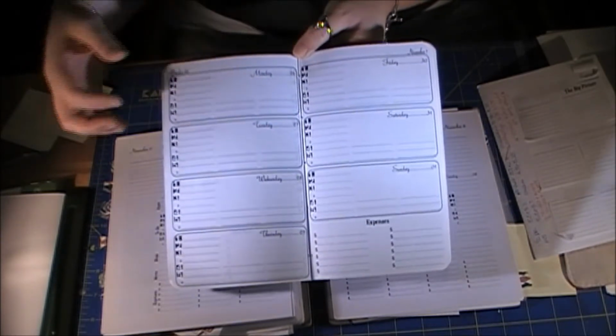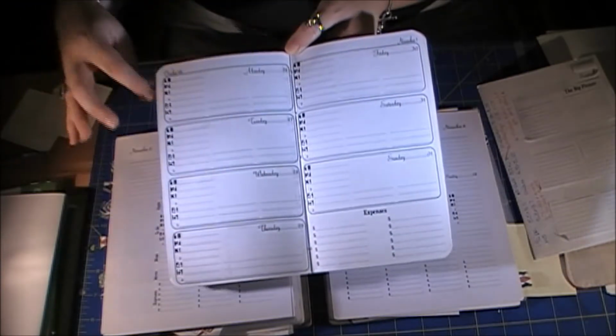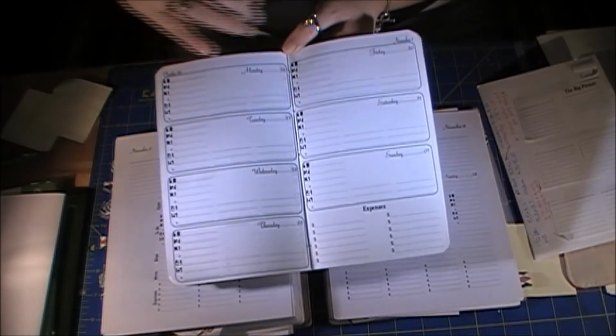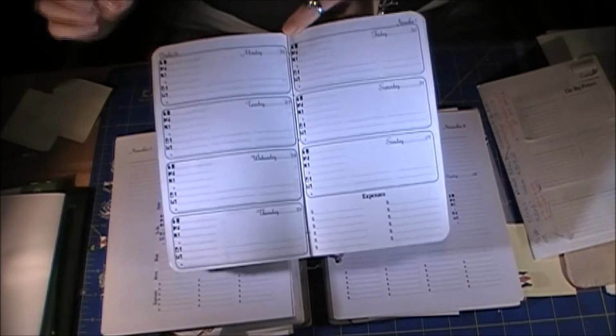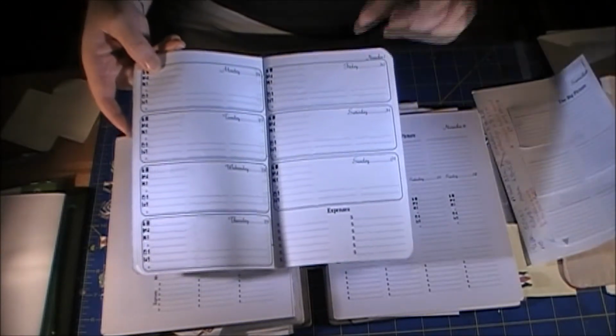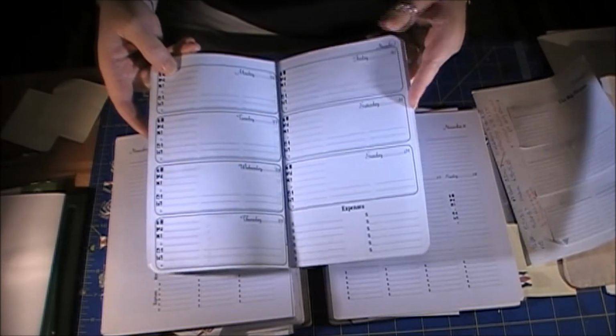I designed this in InDesign. So basically I went in and I dragged all the different blocks, the to-do list, the different categories, the date, and I just dragged it into a new page size to see if I could work with this size. I even did it for the personal size, like the small file effects and stuff size, and it actually does